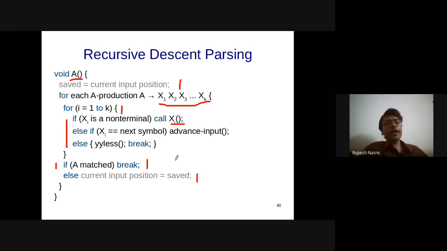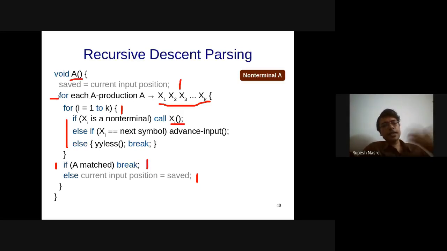Yeah, so whatever I have consumed so far, that I need to give back, right? Because in applying a particular production, I might have gone inside and some excise to be consumed. So that I need to unconsume, that I need to push back. So therefore, I am going to go back to that saved state and then try for the next production, which might match, which might not match, and so on. So I'll try the next production.